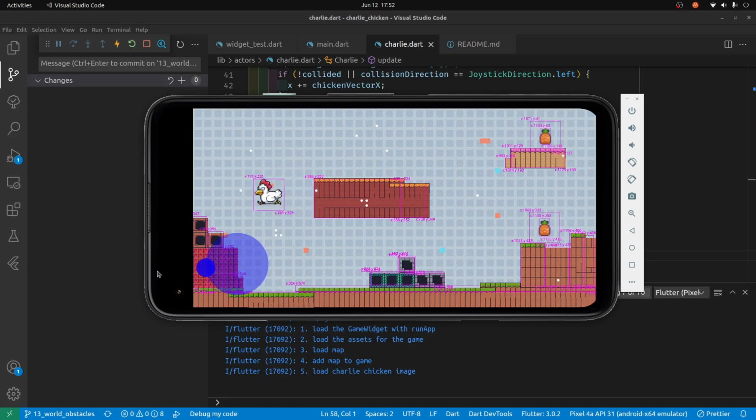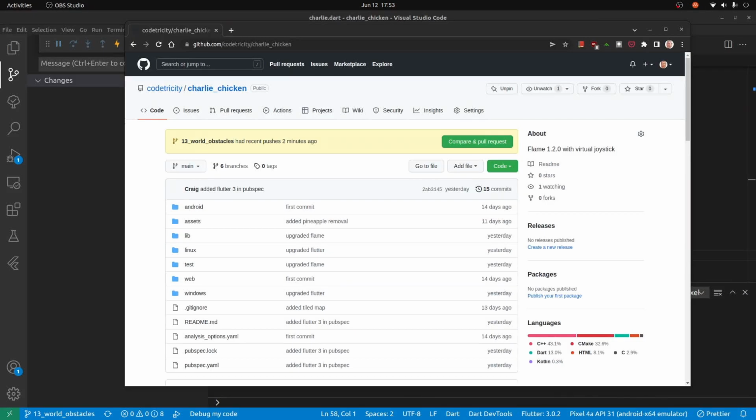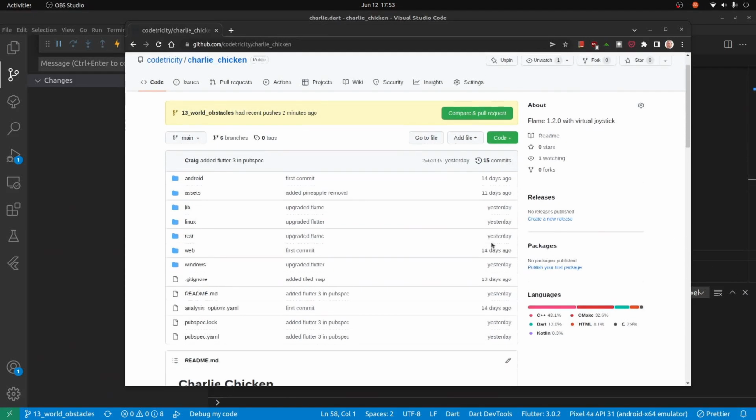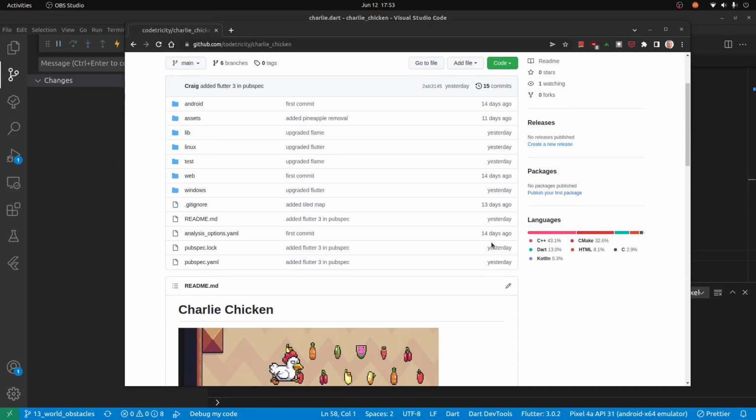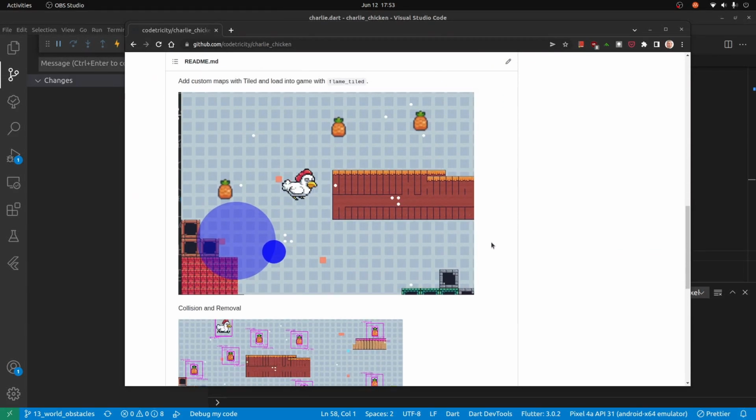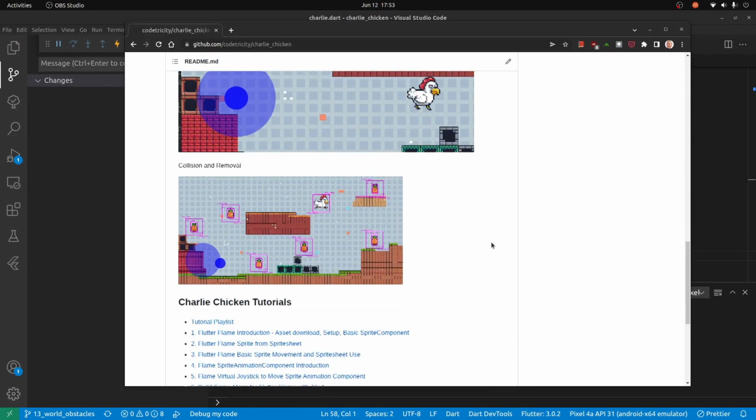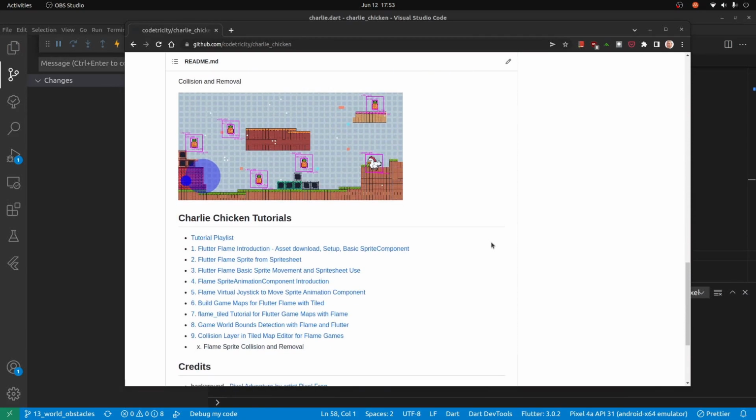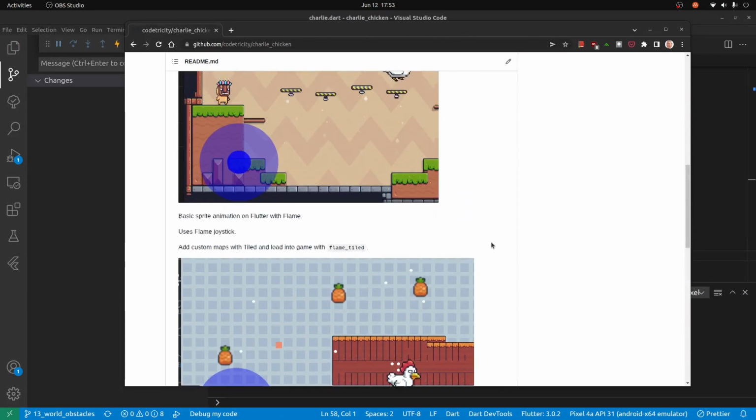So these platforms here are obstacles in this world that we created with Tiled. And we're using the Flame collision system. I had to make a number of changes to the collision detection system to simplify it for the tutorial. So it's only detecting collision in one of 4 directions, so it's playable and it's a little bit easier to